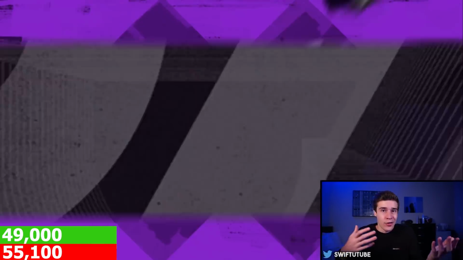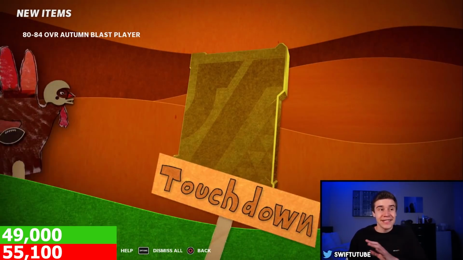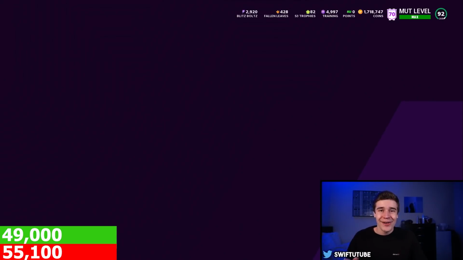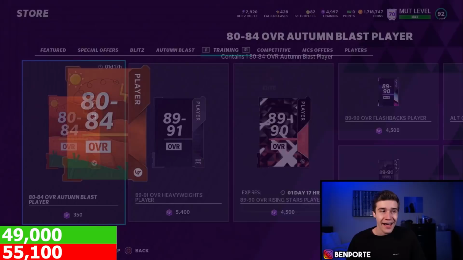But like I said, the worst pull possible is selling for 3k. So this is a risk-free pack right here. If we pull an 84 like we just did, we're making tons of profit. I'll see you guys in my binder once I've ripped this pack 10 different times, and we'll see how much